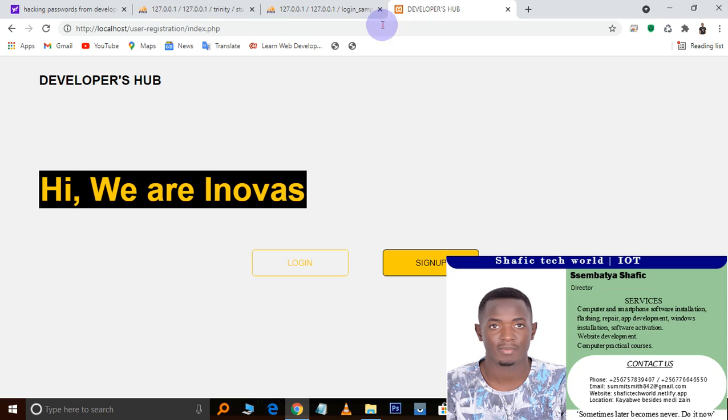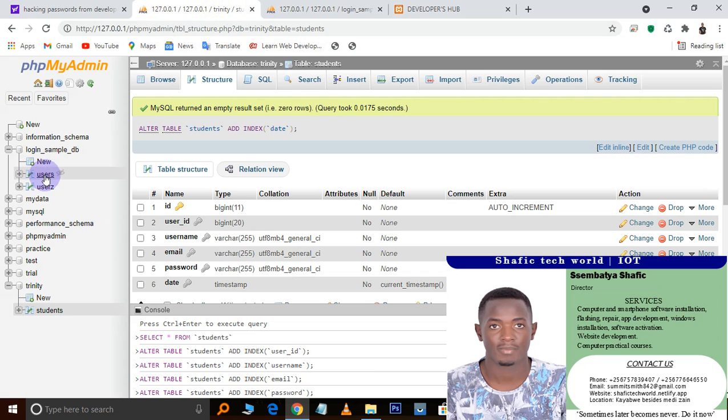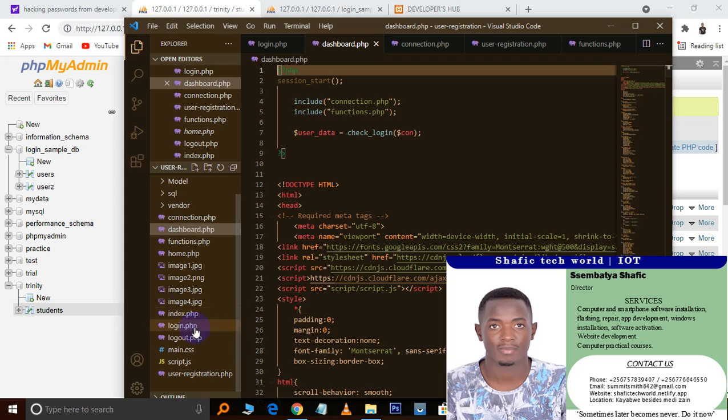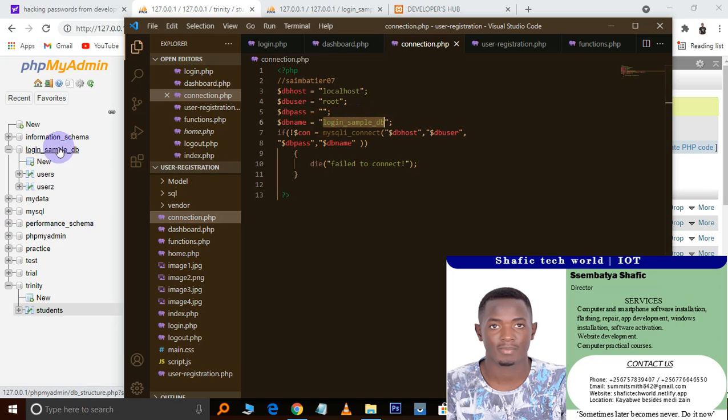Okay, so this is the index page, and this is the table. You remember this login sample database? Let me show you that. It is in connection, login sample db. Yeah, login sample db, so this is the db name. Okay, so users, where is users? Let's check in the